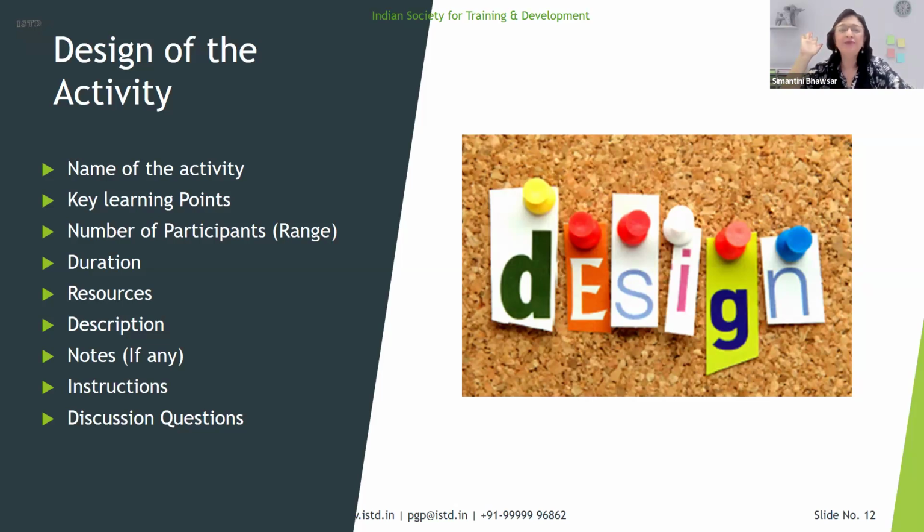If you want it even more hands-on, you make the 5 people go in another room, draw it on the board, and ask people, copy this, this is what you have to teach. Even more immersive, so it starts from doing at that time itself. Either that, or whatever resources you require, you can do it. Then, if you want, describe the activity in short, notes if required, instructions, and very important, discussion questions. I have an example of an activity just to show how all these points are put across, just for your reading.